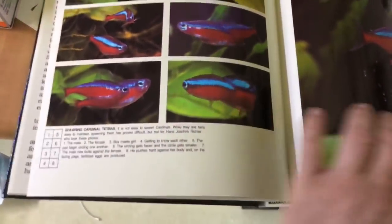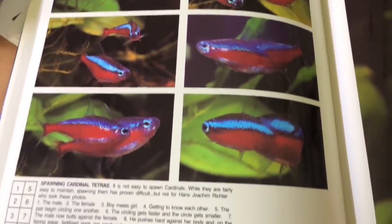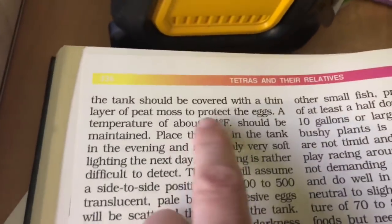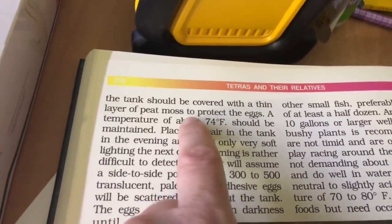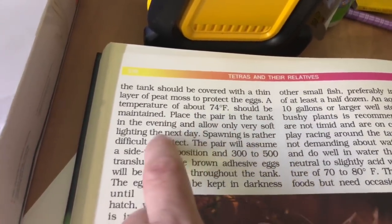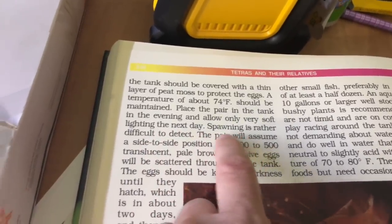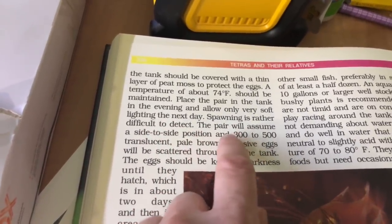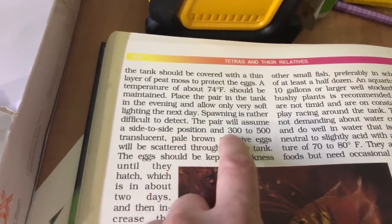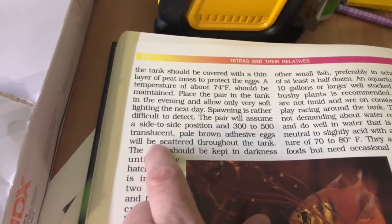And this shows them spawning, the whole little dance they do, and then dropping eggs. And then it says the tank should be covered with a thin layer of peat moss to protect the eggs. A temperature of 74 should be maintained. Place the pair in the tank in the evening and allow only very soft lighting the next day. Spawning is rather difficult to detect. The pair will assume a side-to-side position and 300 to 500 translucent pale brown adhesive eggs will be scattered throughout the